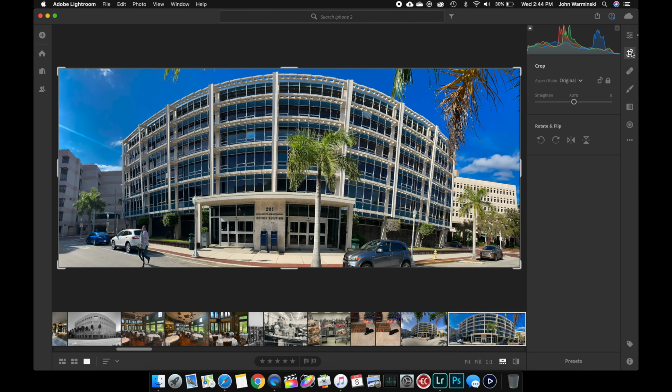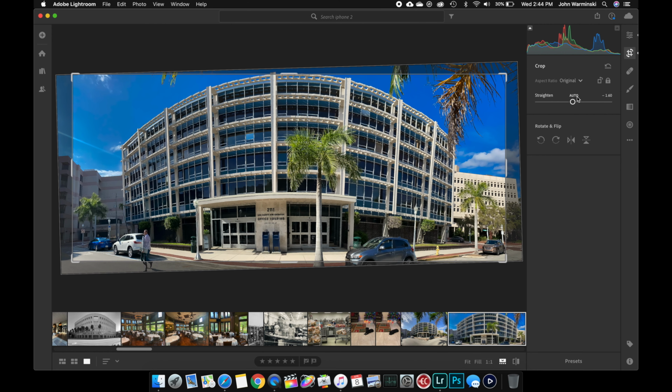And if I want, I can even go over here and crop this in. I'll auto crop it. It auto crops it to minus 1.60, and that's fine. Cropping is great if it doesn't cut off important pieces of the photo. So like, the foreground is cut off a little bit, the top of the building is cut off a little bit. What I really like is, the buildings flanking this building in the center here are still in frame, which is really nice,